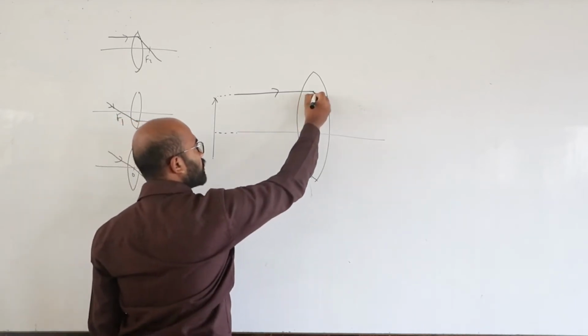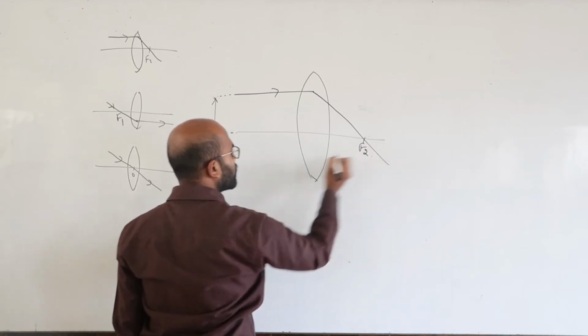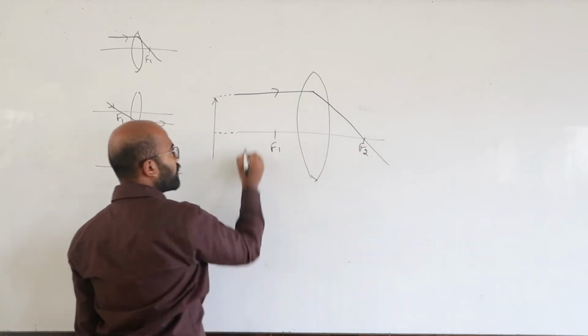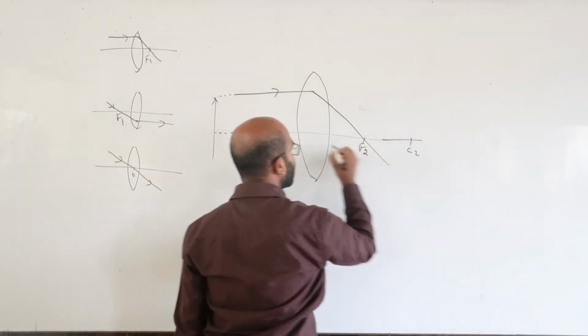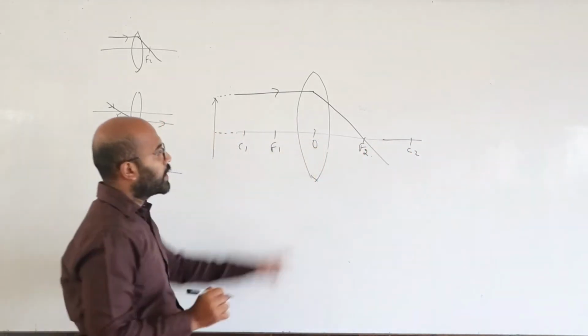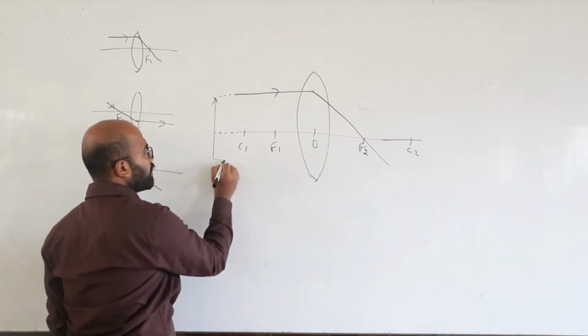After refraction, it passes through principal focus F2. This is F1, C1. Similarly, C2, O. It passes through principal focus. So similarly, I need to take another ray from the